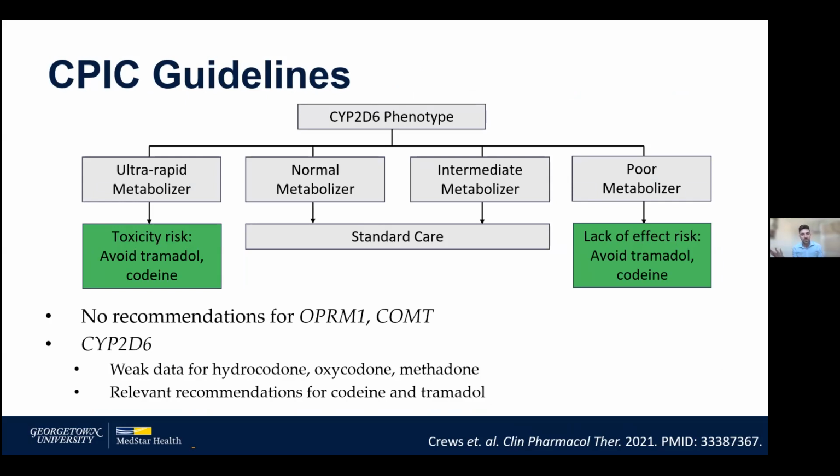And keep in mind, both of these drugs are prodrugs, and so more active metabolite occurs from that ultra-rapid metabolism, and therefore the risk of toxicity. But that toxicity risk is thought to be highest particularly in pediatric patients, especially if people have additional concomitant risks for respiratory suppression, like sleep apnea and other conditions like that. The guidelines do touch on other genes and other drugs, but long story short, there are no other recommendations to change a pharmacotherapy decision for any other gene or any other drug